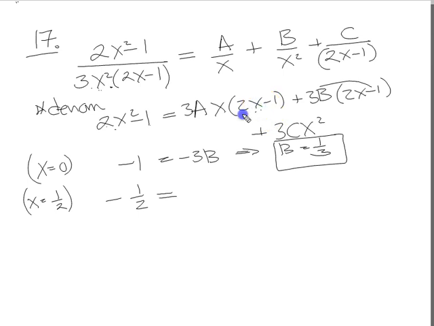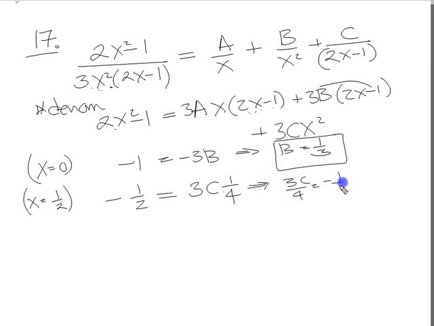Okay, minus a half. Double check that if you need to. Minus a half times 2 is 1, and 1 minus 1 is 0. That's why we're doing it, because 0 times that is 0. This is 0 again. So you're left with 3cx squared. So it's 3c times a half squared, which is a quarter. So 3c over 4